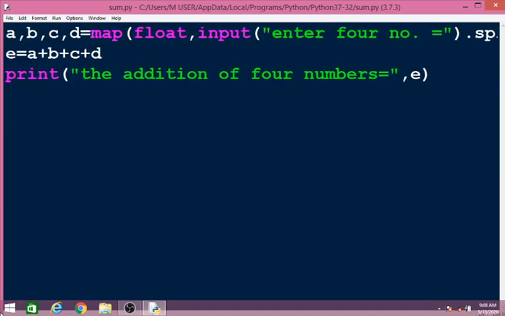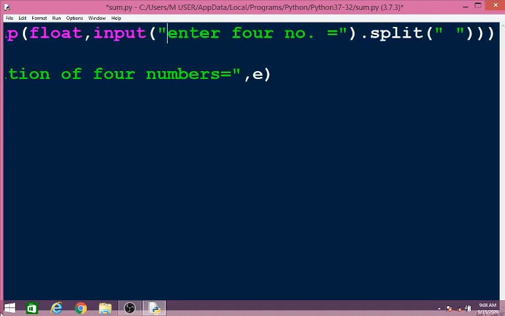Now suppose you want to take multiple inputs, that means an infinite number of inputs, not only 1, 2, 3 or 4, 5, but infinitely many. How do we write the input statement? Then we simply put the whole input statement within list, using an open parenthesis and at last we close it.